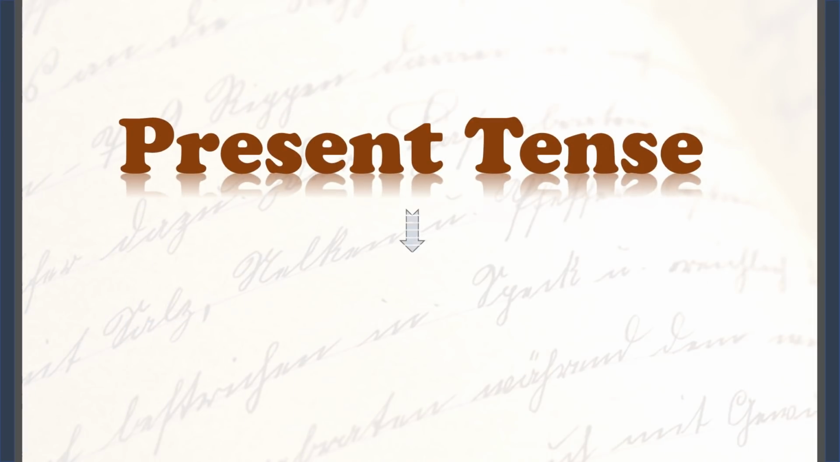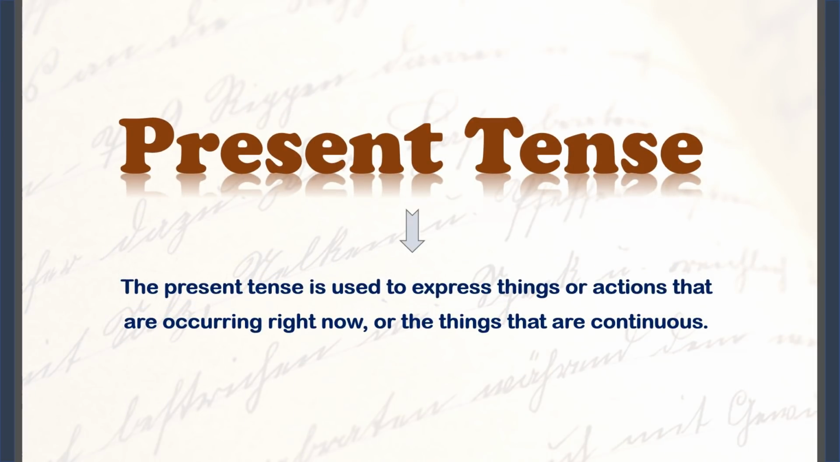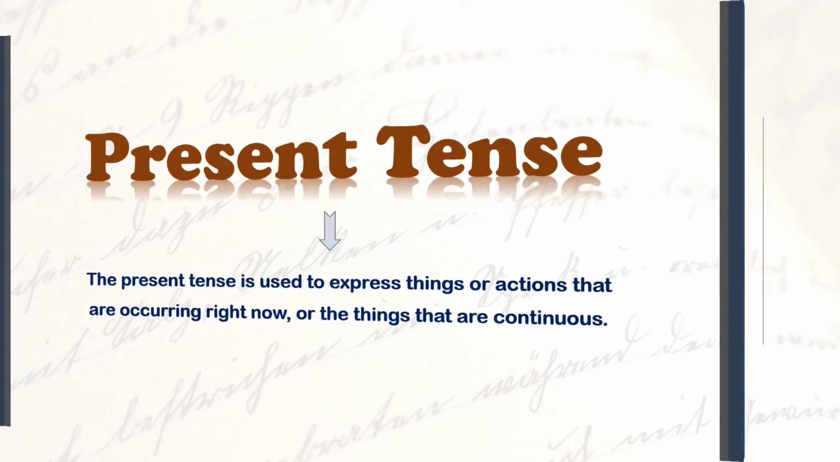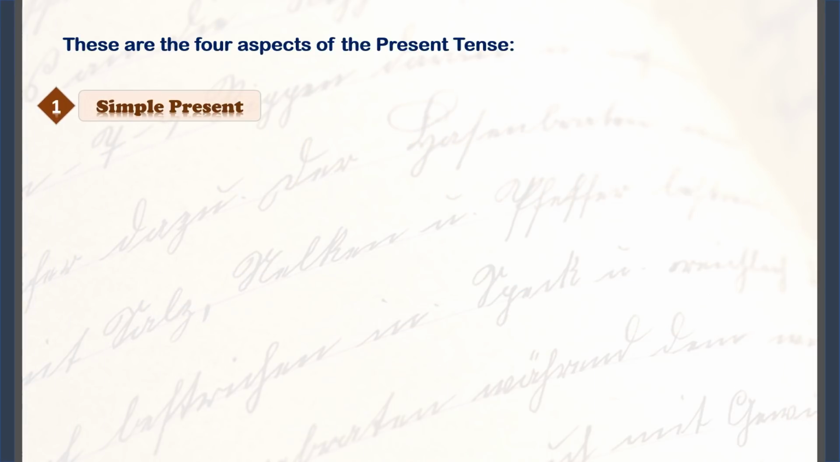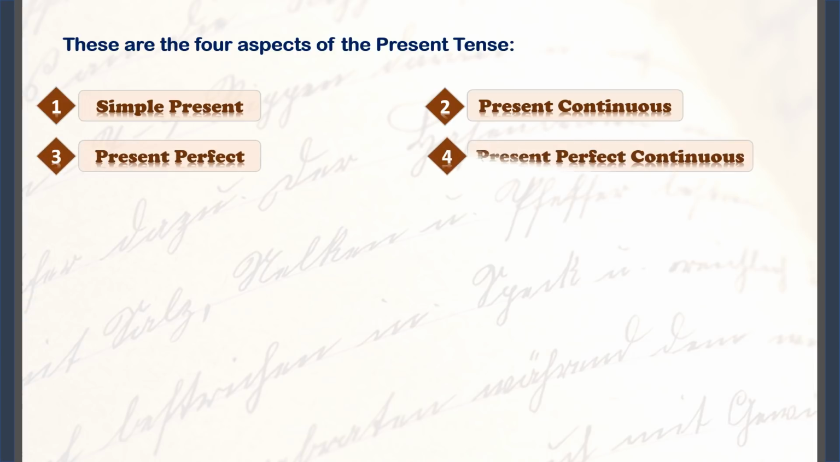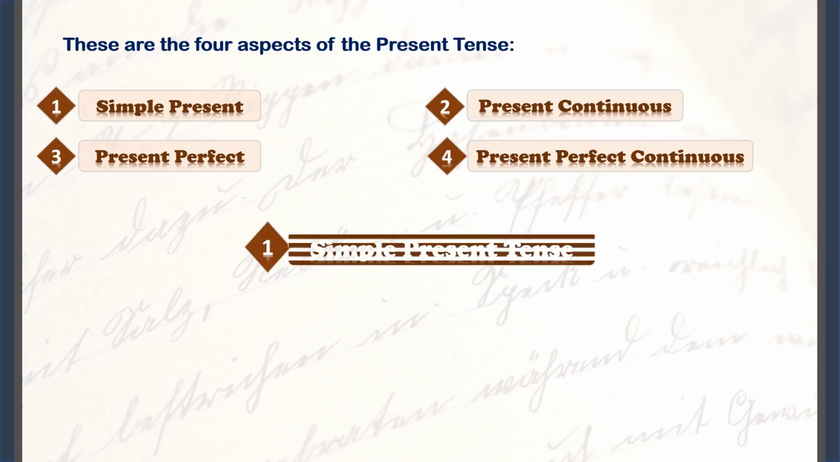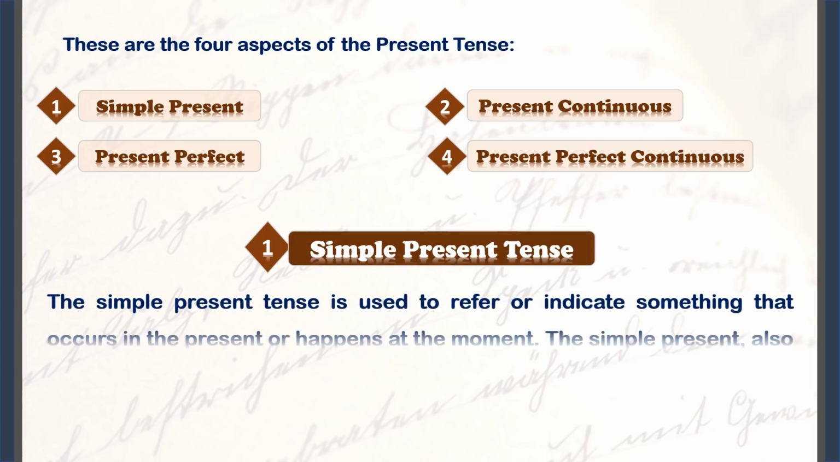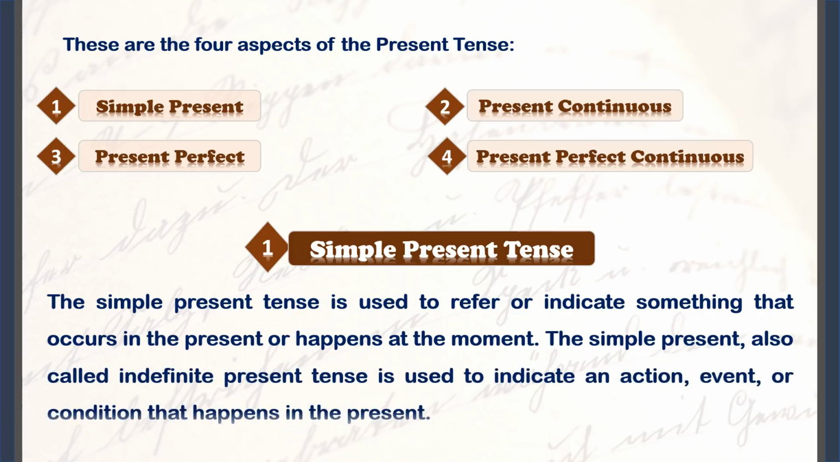Now let us understand more about each of these groups of tenses. Let us start with present tense. Let us look at its first aspect, that is simple present. The simple present is used to refer to something that occurs or is happening right now or in the present. The simple present or indefinite present tense is used to indicate an action, event, or condition that is happening